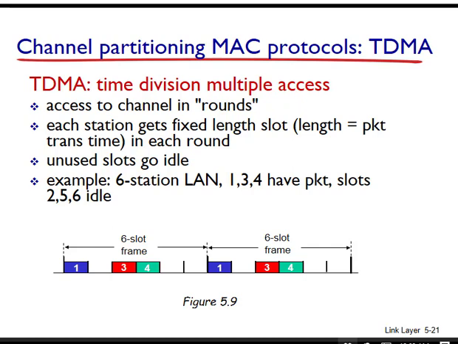As an example, suppose that a channel supports a certain number of nodes that we'll call N, and that the transmission rate for the channel is a certain number of bits that we'll call R. N is the number of nodes that the channel supports, and R is the transmission rate of the channel. Time division multiplexing divides time into time frames and further divides each time frame into that N number of time